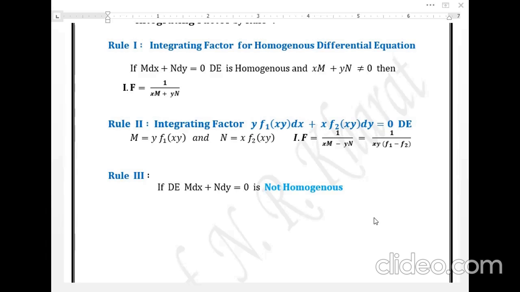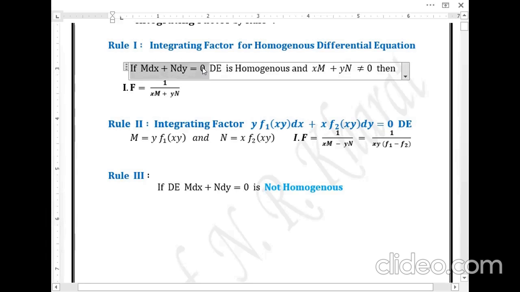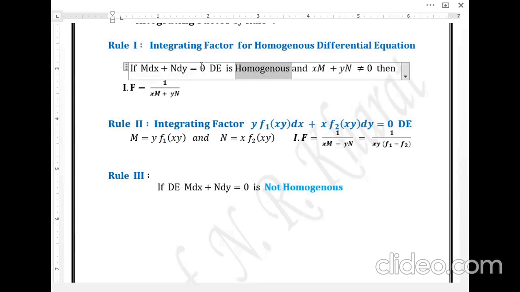We know that the differential equation is in the form of M dx plus N dy. So M into dx plus N into dy is equal to 0 is the first order, first degree differential equation. If this differential equation is homogeneous, then we can find its integrating factor by using the integrating factor formula, and that formula is, if the differential equation is homogeneous, then the integrating factor is 1 upon Mx plus Ny, where this Mx plus Ny